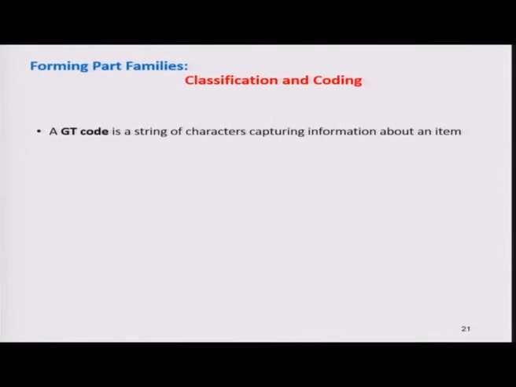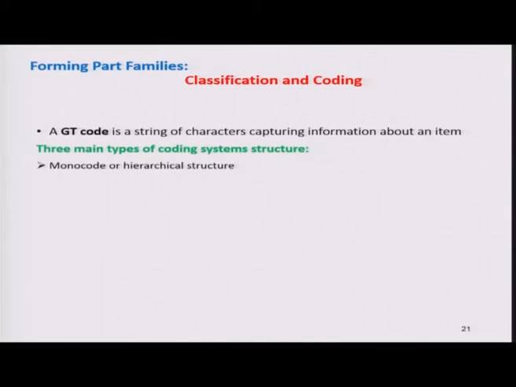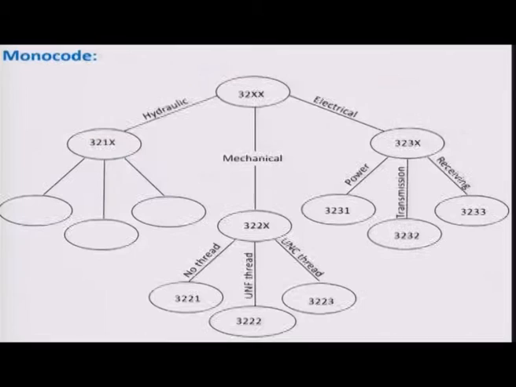A code is a string of characters capturing information about an item. Three main types of coding system structures are available in classification and coding. The first one is called monocode or hierarchical structure. The second one is polycode or chain type structure, and the third one is mixed mode structure. Here, monocode is a code in which each digit amplifies the information given in the previous digit, and it is very difficult to construct. It is also known as hierarchical